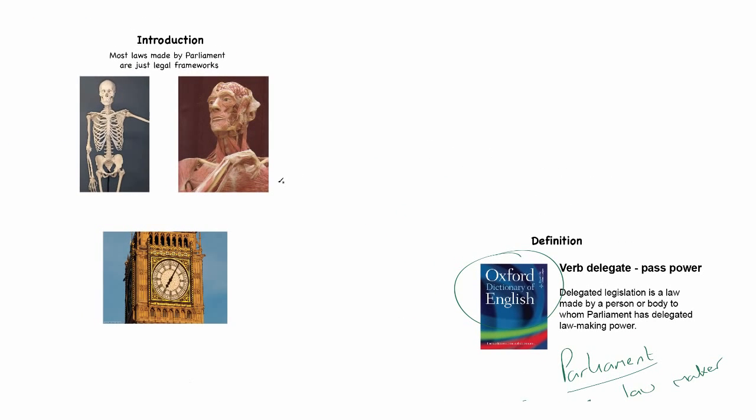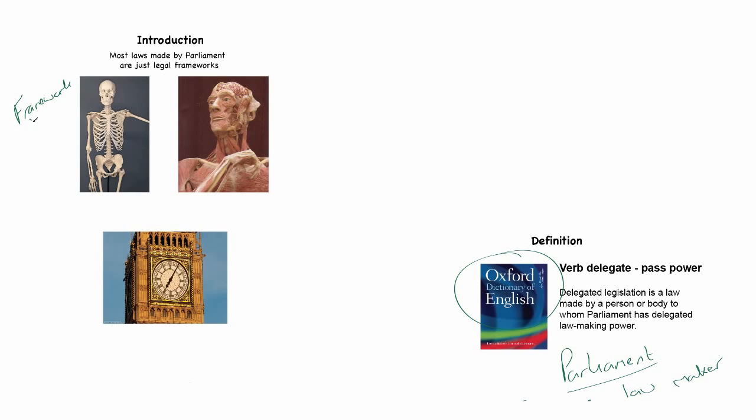Most laws that are made by Parliament are just legal frameworks. Not all laws. Some laws are standalone. They're full of details and they stand alone on their own. But a great number of laws in Parliament are just frameworks. And I've used the analogy here, or is it a metaphor, of a skeleton and then that skeleton having flesh put on the bones. If you can imagine that a large number of laws in Parliament are just a framework,